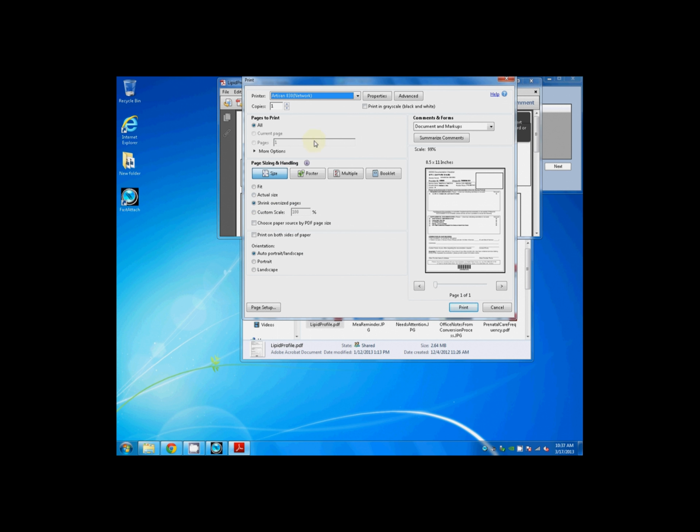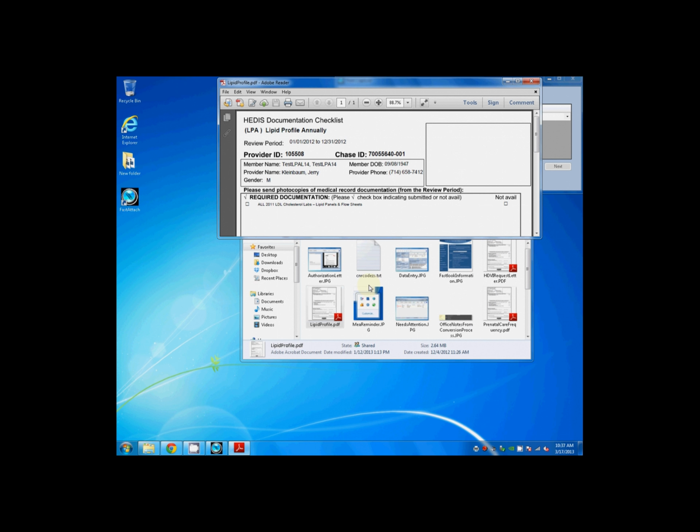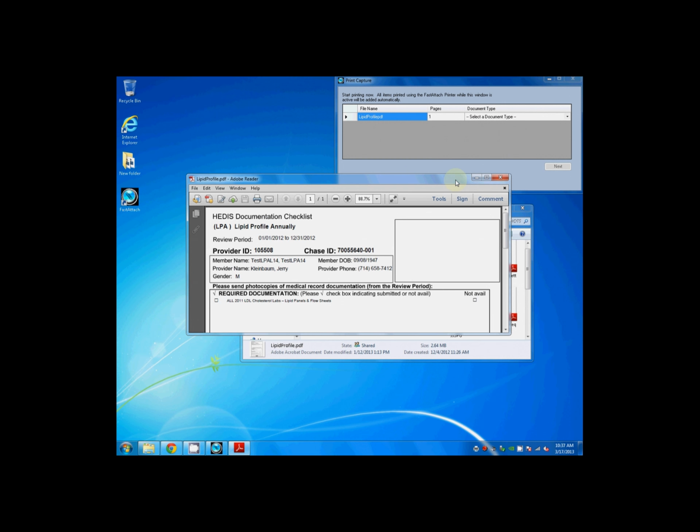This will launch your printer window. From the printer window and your available printers, choose the MEA Virtual Printer from the list. The MEA Virtual Printer will print directly into the FastAttach software just as though you are printing to a regular printer. You have the same options as before where you can choose specific pages, or you may simply print, printing it directly into FastAttach. Once you have clicked the Print button, you will then have the information available to you